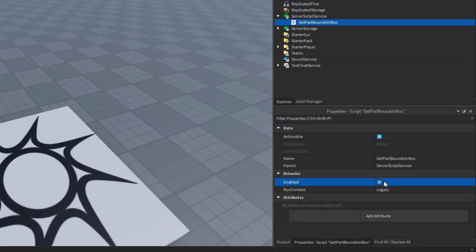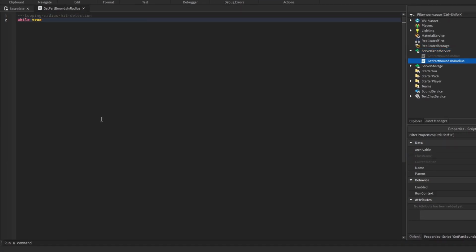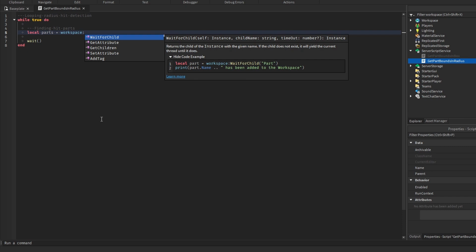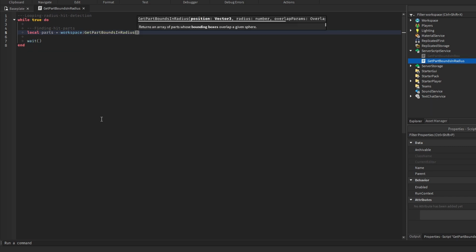For now, we'll disable that script and insert a new one to have a look at GetPartBoundsInRadius this time. We'll create a while loop just like before and make sure to add a wait at the bottom. We'll set a variable called parts to the result of the workspace:GetPartBoundsInRadius. As you can see, this method has three arguments: position, radius, and the OverlapParams from earlier,